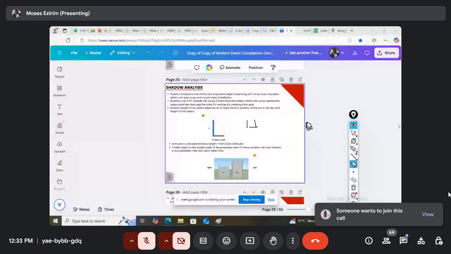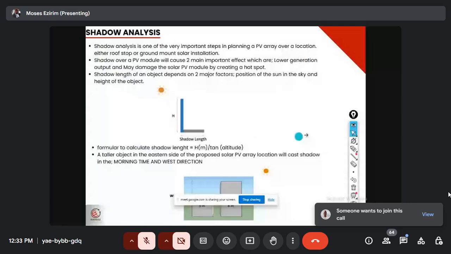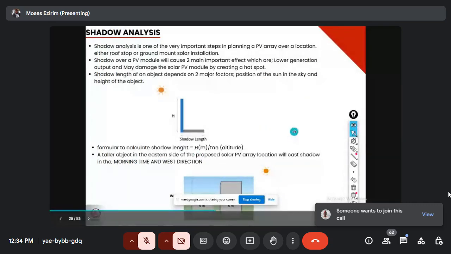So now, when you have a taller object, just note down this formula. When you have a taller object on the eastern side of the proposed solar PV array location, that will give us a shadow in the morning time and in the western direction. Now, if you are properly grounded in this system,